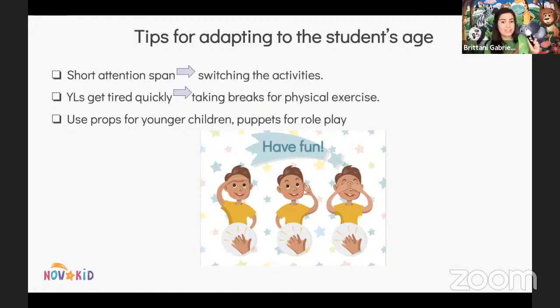You can make your own microphone at home. You don't have to spend a lot of money to make these props. Another prop I really like is my dice. Now, if I'm drilling a new vocabulary word for younger students, I'll throw my dice and have the number of times that we need to repeat the word on the dice. The student doesn't realize that I am controlling what number comes up, but they think it's a fun game to see what number they're going to have to do. And it keeps them engaged and want to participate.